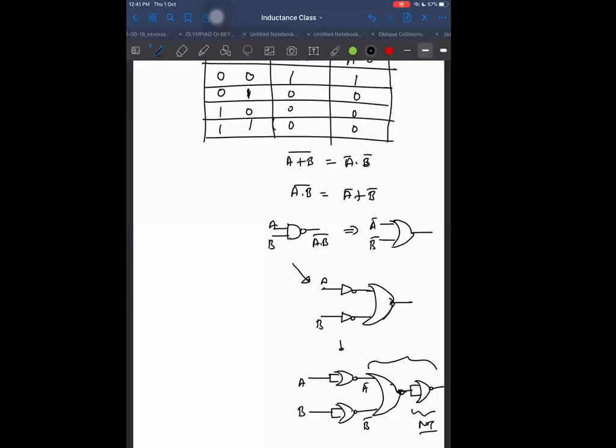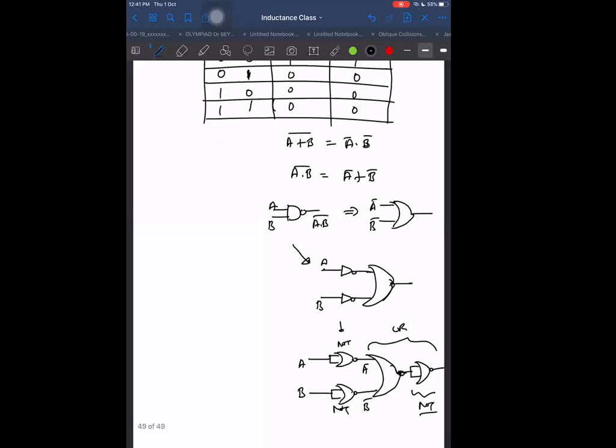So these two together are becoming like an OR gate. And these two, this is also like a NOT gate. So this whole structure is also the same as this. This whole thing is equal to this, and this is equivalent to NAND. So I am able to form a NAND gate using NOR gates.